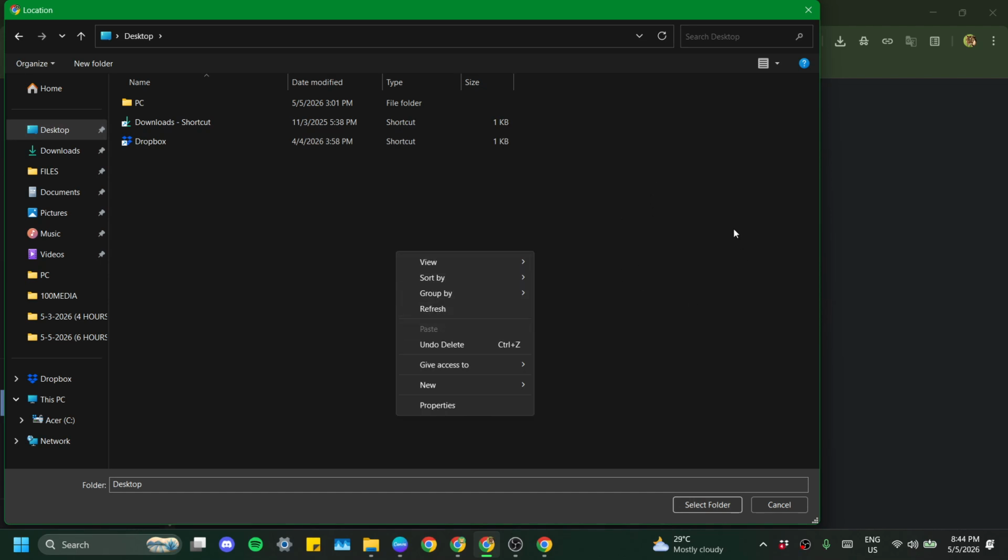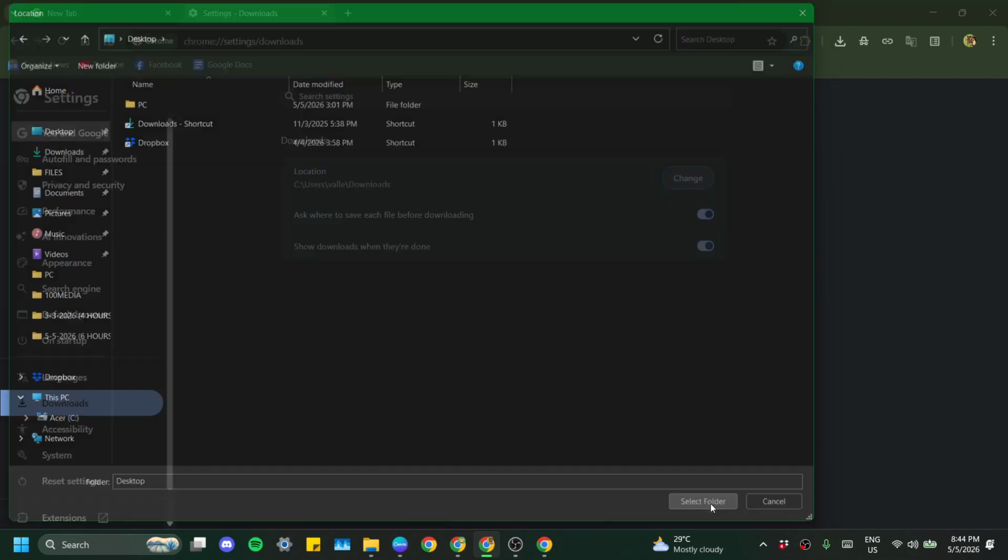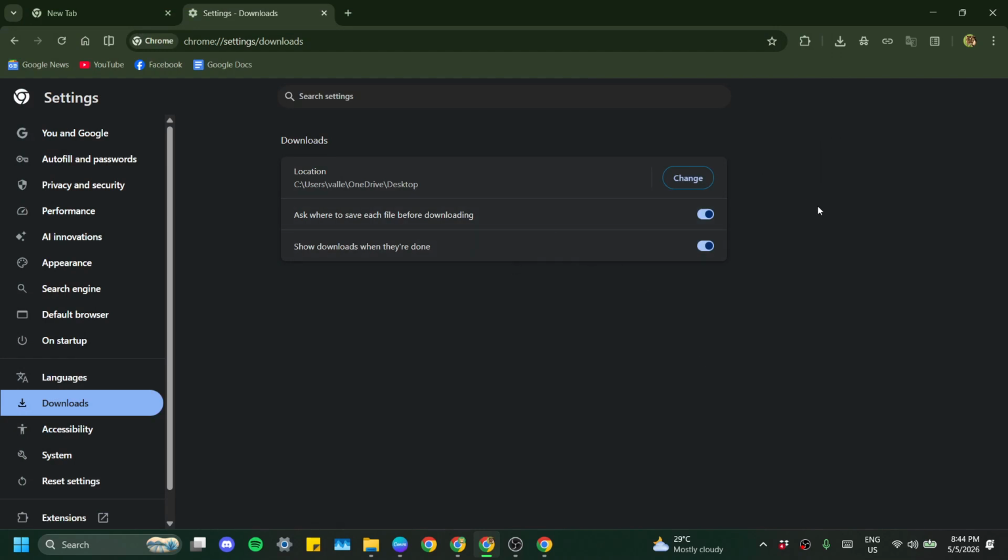From now on, anything you download in Chrome, photos, PDFs, installers, will automatically land in that folder. This setting applies to Chrome only, and it updates immediately, so you'll see the new path reflected on the Downloads page right away. If you'd rather decide on the fly each time you download something, toggle on